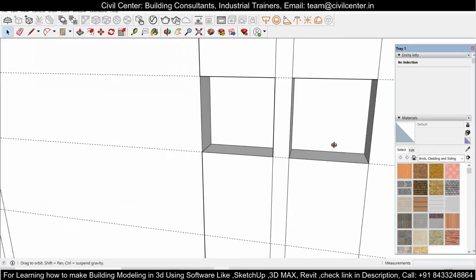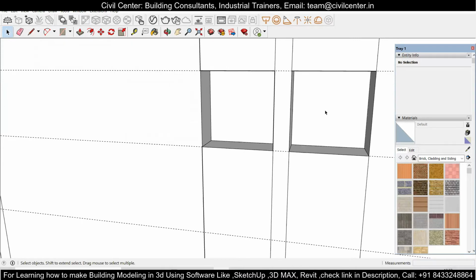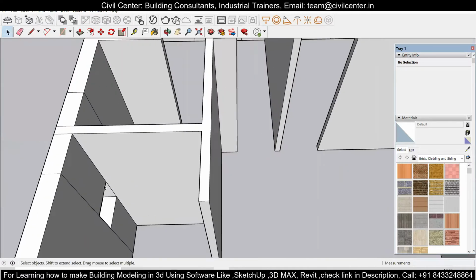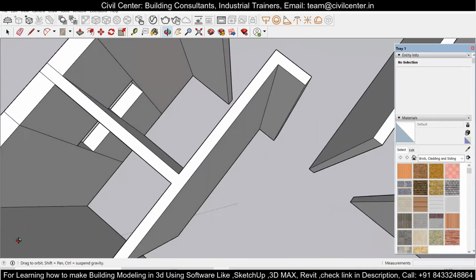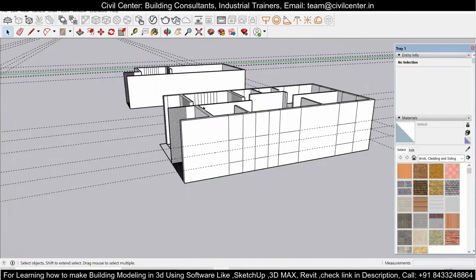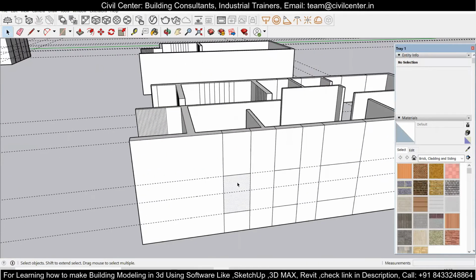Now you can see that we don't have the opening over here. So for that what we can do, we can just delete this and you will find that we have an opening for the ventilators. Now let's go to the next side and over here we had the windows. So again use the same technique, click on face